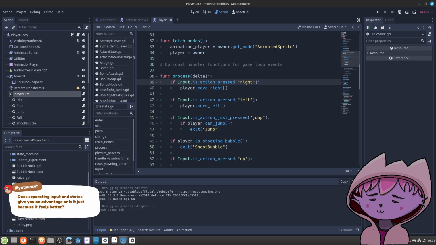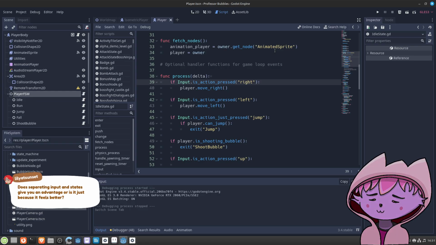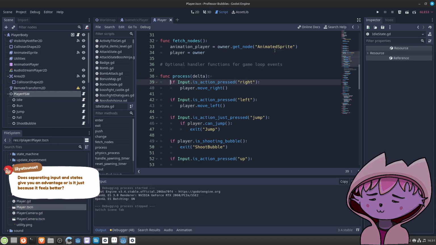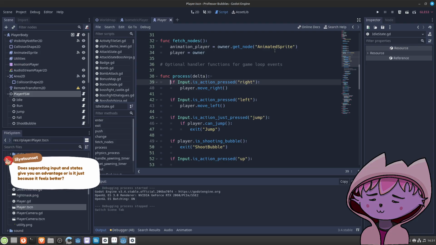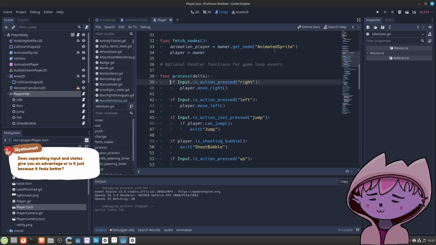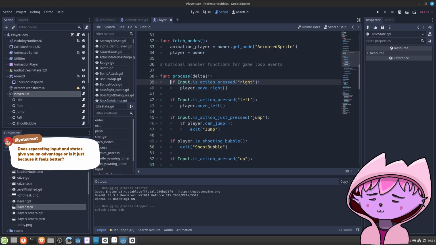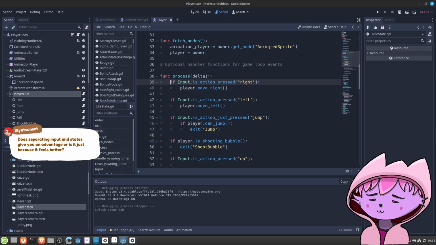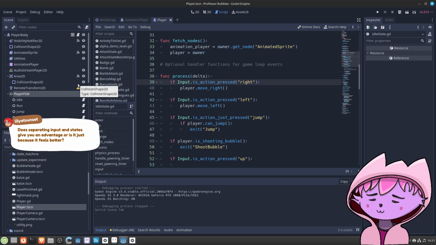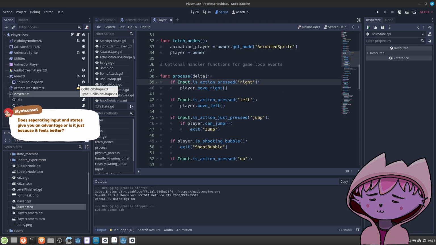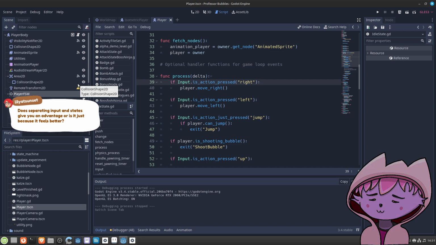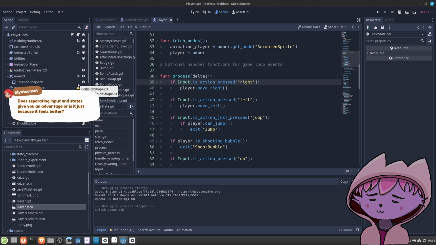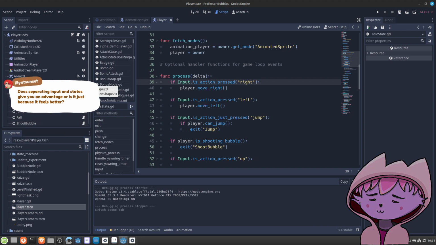I'm not sure. I would like to see an alternative implementation of a state machine. Does separating input and states give you an advantage, or is it just because it feels better?